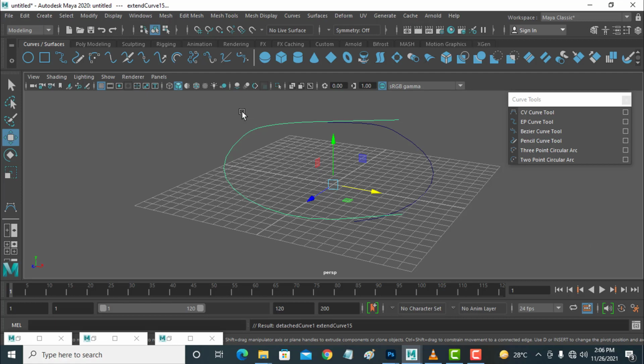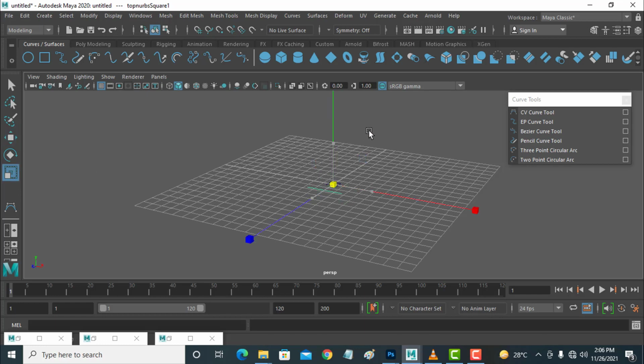Now I am deleting this and creating some other object like a box. I am scaling it. This is not good. One side has been selected.